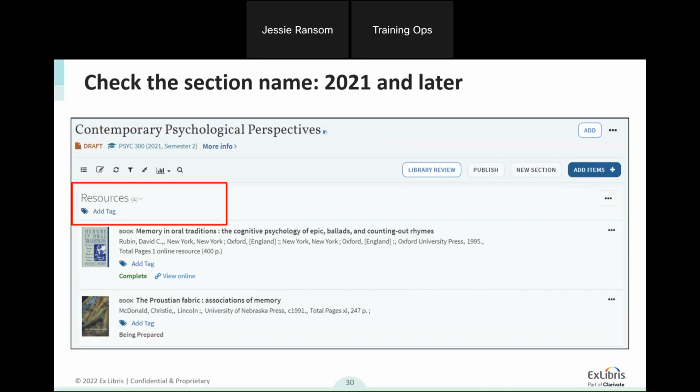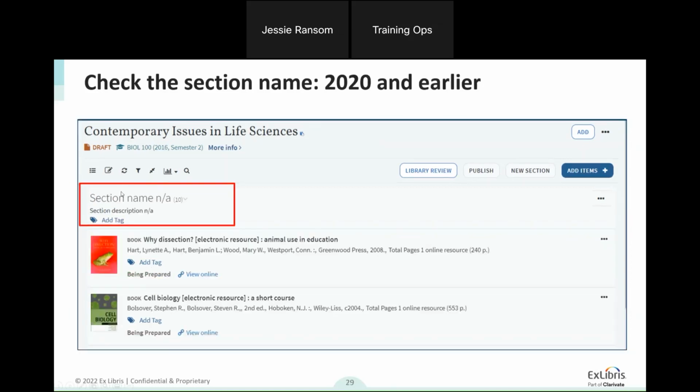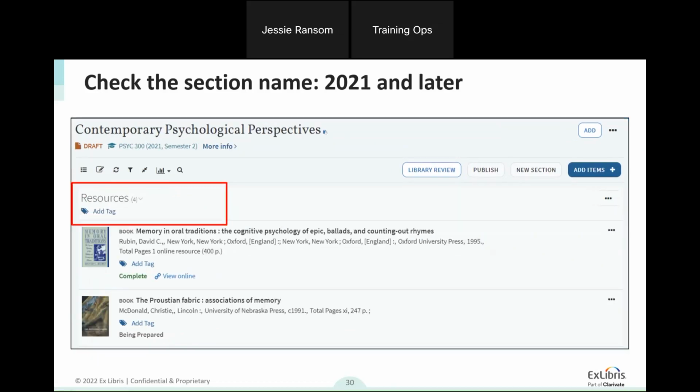If you check and you don't have them now, you don't have to worry that a year from now you're going to have them, but it is something to look into, because it's fine, but it's not a great user experience, so it'd be worth cleaning it up. So again, it probably doesn't apply to most of you, may not apply to any of you, but I did want to mention it anyway. That's a one-time thing, just checking the section name to see if this even matters to you at all.